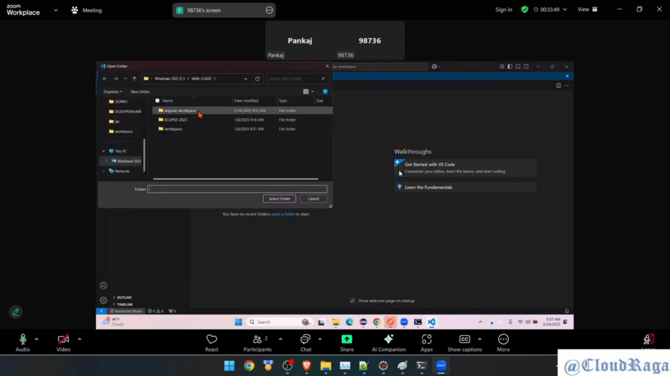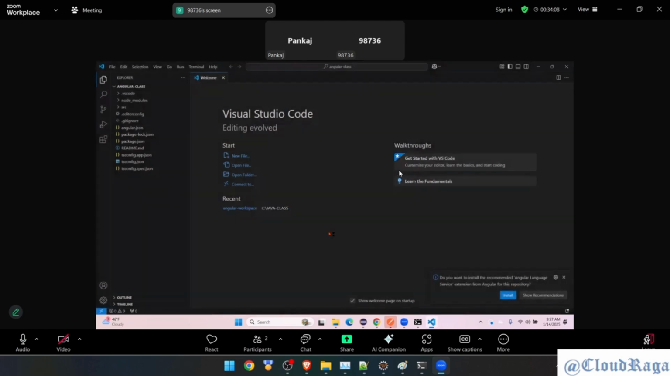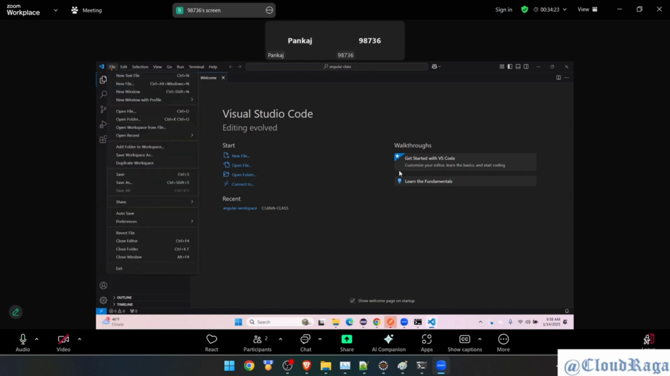Angular workspace फोल्डर को खोलो, डबल क्लिक करो। अब Select Folder करो, नीचे बटन जो आ रहा है। अब ट्रस्ट करो उसे। जो चेक बॉक्स है उसको टिक करो, Yes, I trust the authors, क्लिक, ओके। तो ये तुम्हारे प्रोजेक्ट का स्ट्रक्चर आ गया, ठीक है। इसको क्रॉस कर दो वहाँ से।